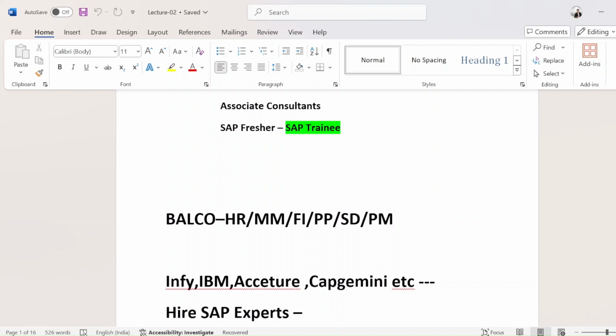I'm using these terminologies like client and business requirements. So let me tell you who is the client and what is the meaning of all these things, so that you are not confused with these terminologies.